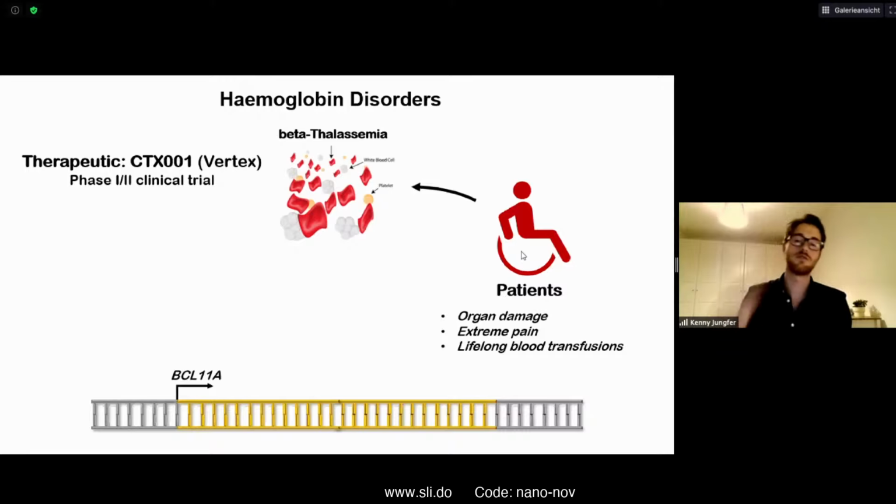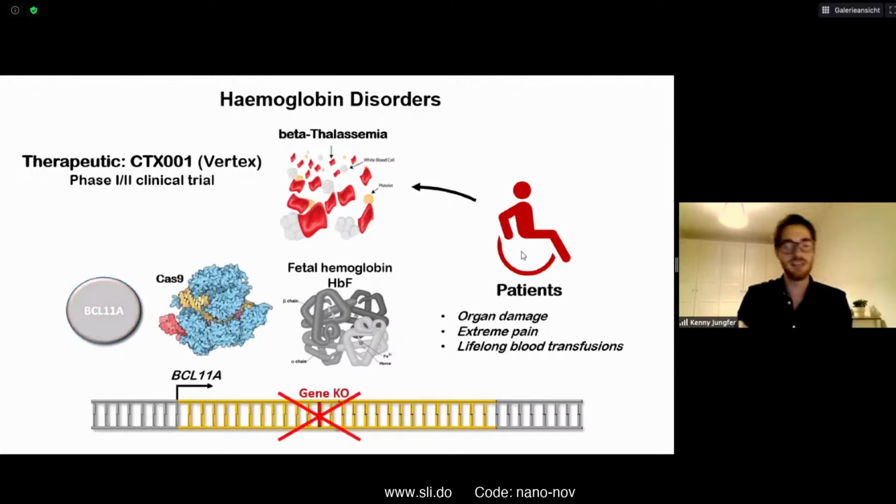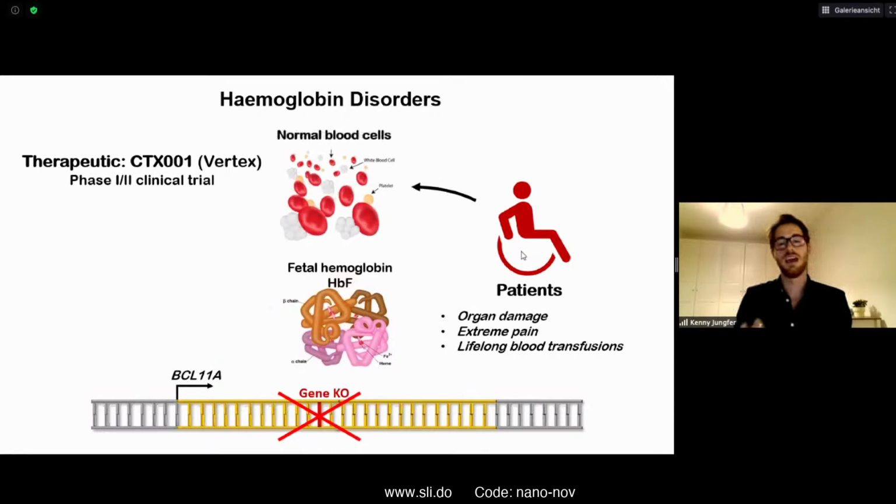And these are extracted from the patients and then targeted for gene editing. And what do they do? In those hematopoietic stem cells, there's a gene called BCL11A. This encodes a repressor of fetal hemoglobin expression, meaning that it inhibits the formation of this fetal hemoglobin, short HbF. Now, the idea is to use CRISPR-Cas9 to knock out this gene encoding for this repressor in order to re-achieve the production of this fetal hemoglobin that then eventually leads to the formation of normal blood